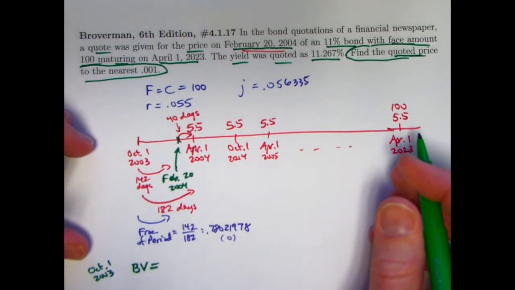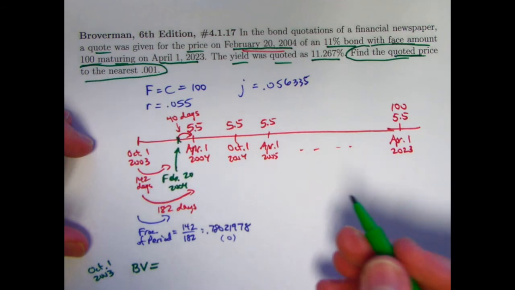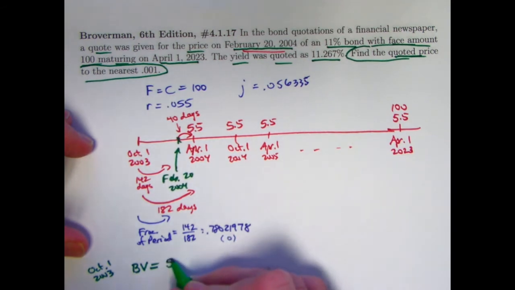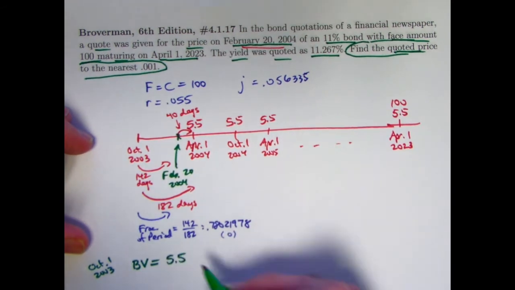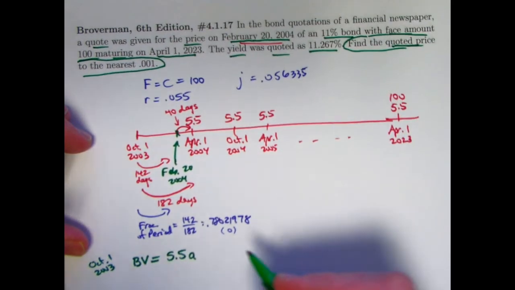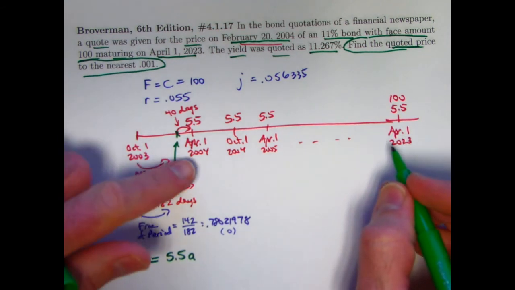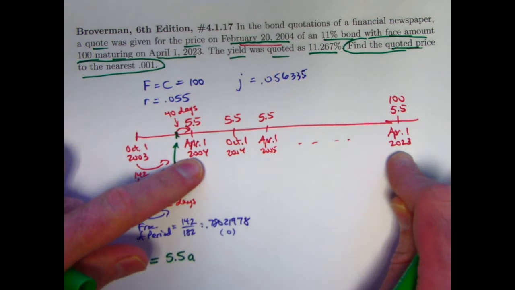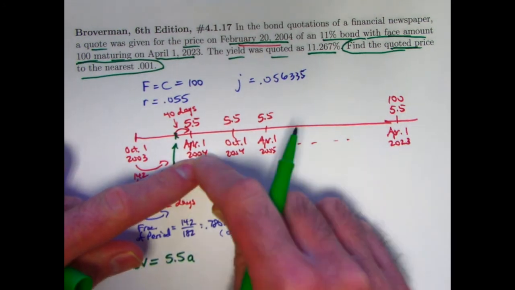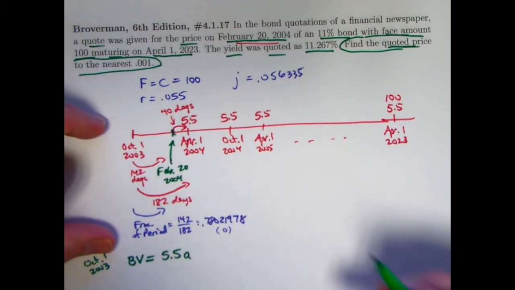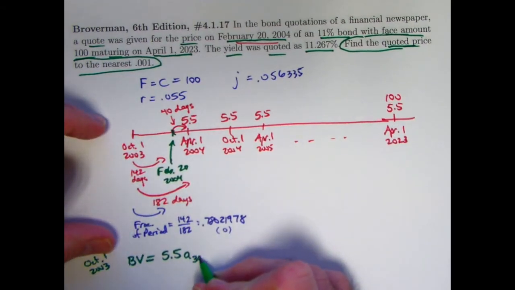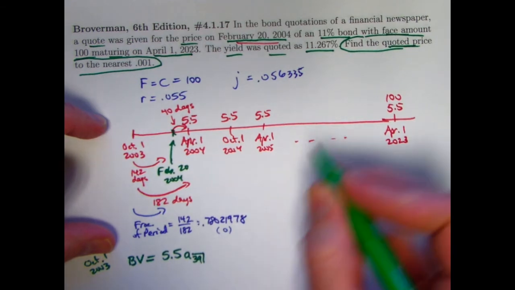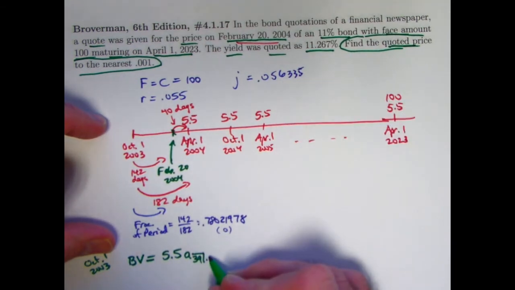That'll be the present value of all the future payments at the given yield rate. The coupon amounts are 5.5 again. Multiply that by a angle J. What is N? What's the number of payments this is going to be? Well, April 1st, 2004 to April 1st, 2023 would be 19 years, 38 half years, but you'd have to add on an extra one for the first payment. 39 payments is the number of payments at this yield rate per half year,